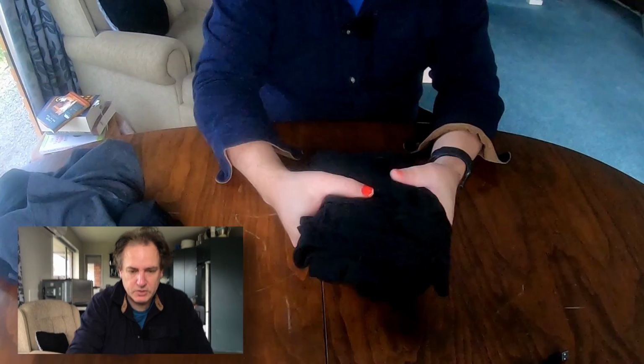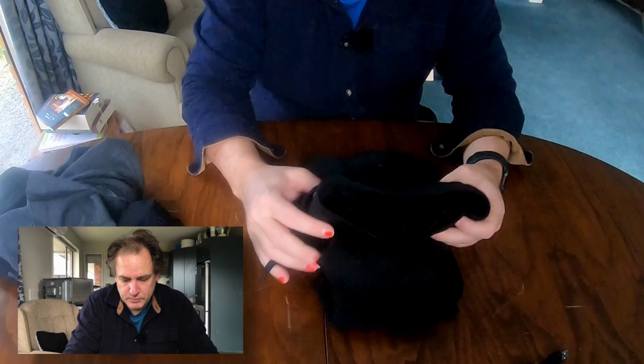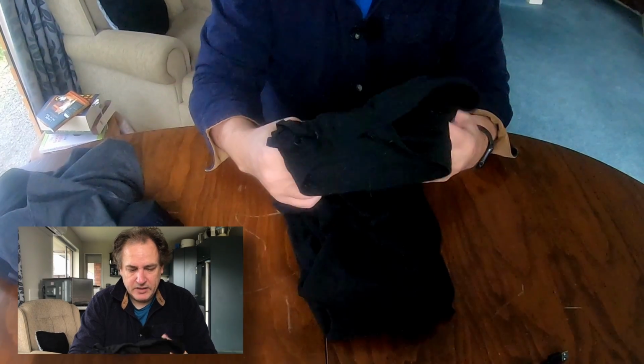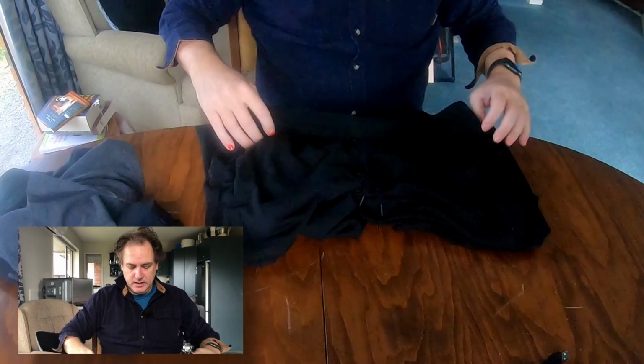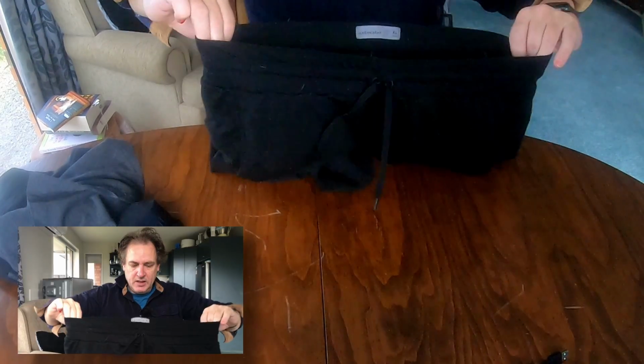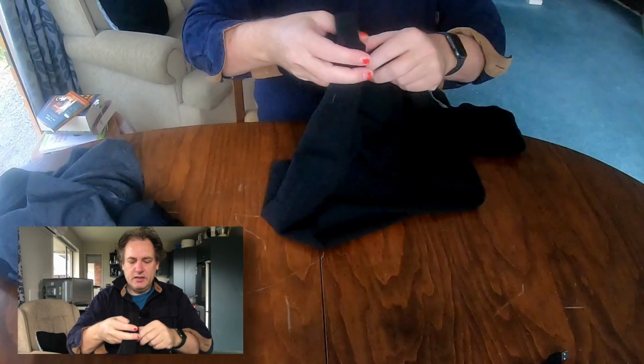So these, and they're a little bit damp because I've just recently washed them. So these are probably my favourite wearing around the house pants, trousers, track pants, I guess. These are the Icebreaker Crush pants. I keep calling everything Crush, but it's not. So these are the Crush pants, and they are ultra light, a stretchy material. They've got a cuff down at the bottom, and